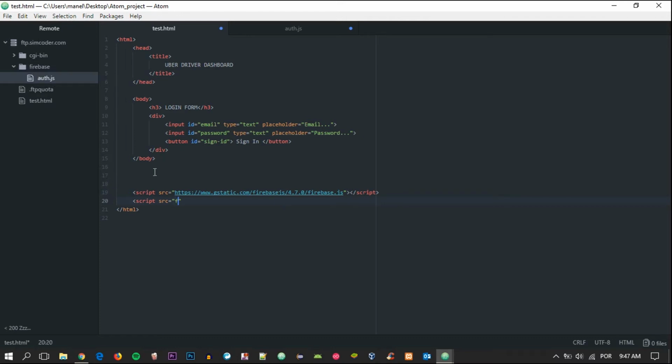Okay, so you simply say Firebase auth.javascript. Okay, then you simply close that up. Script, and you can save it, and we don't need to mess with this page anymore because it will take care of everything for us,